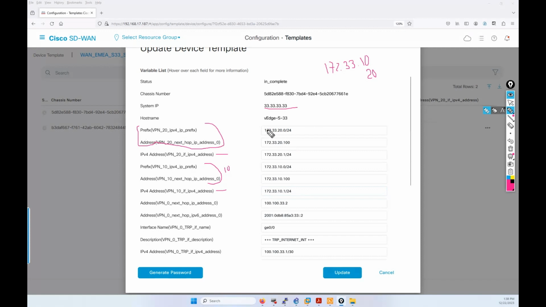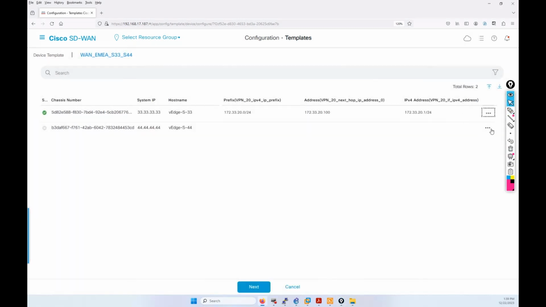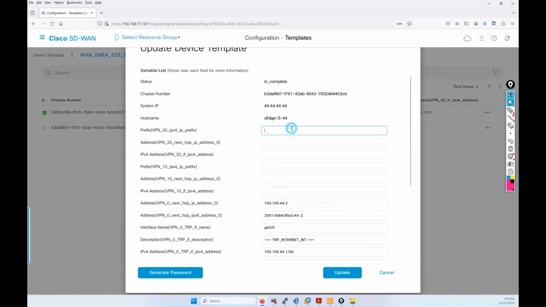Again, if you see, first octet 172, second octet 33, which is the site ID, third octet for VPN 20 it's gonna be 20, for VPN 10 it's gonna be 10, and then these values depend. This is the prefix, so it's gonna be .0. This is the next hop, it's gonna be 100. This IP is gonna be on the SVI of the switch. .1 is gonna be the IP address on the interface. So I'm gonna click on update, and I'm gonna go to site 44, the same idea, 172